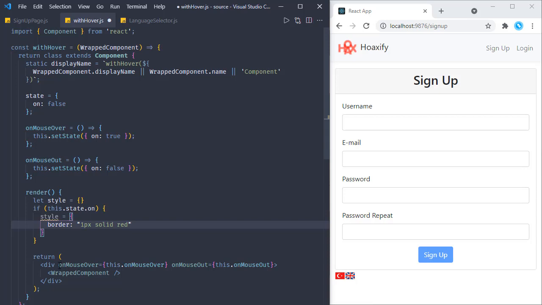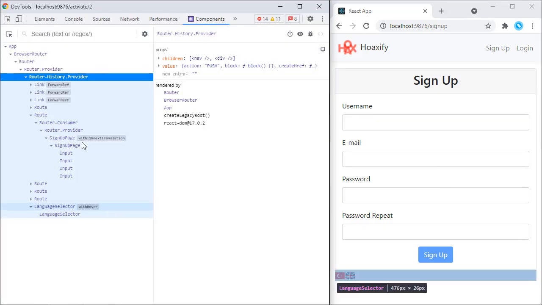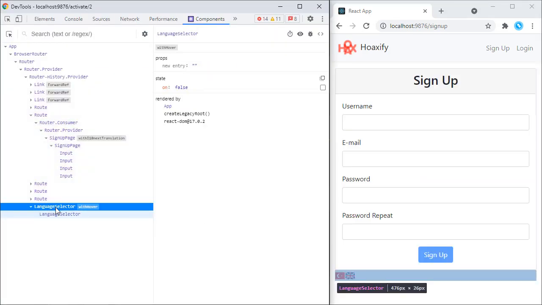And let's use this style right here. The style property will be set to the style object we have here. Now saving this one, and if I hover on this part, we can see there is a border added around this language selector. So if we open once again the developer tools, here the language selector has this state